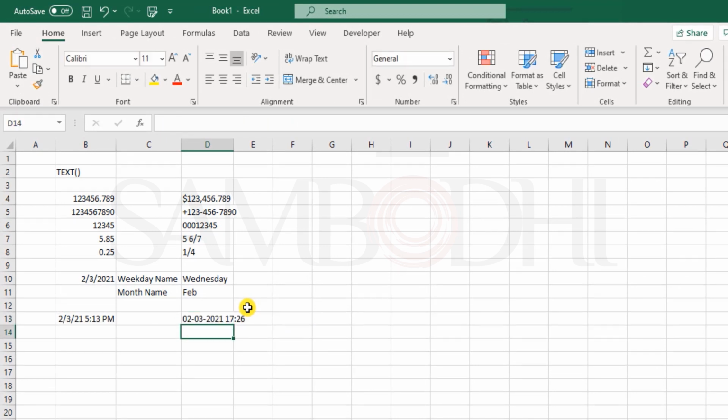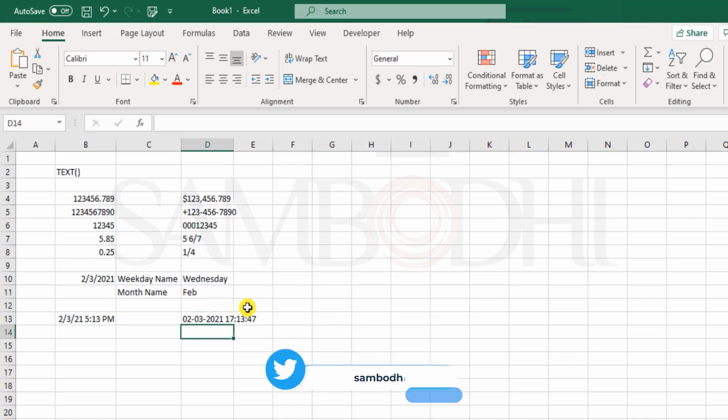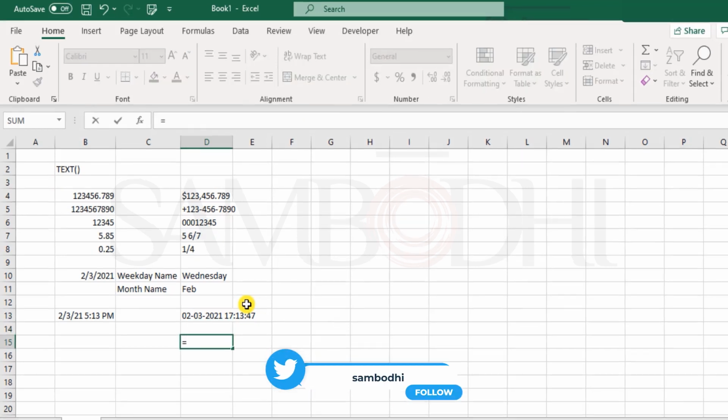But now what in case I'm not happy with this timing over here, there is something wrong. Let's just try to fix this. Here it is hours and seconds and not minutes. So instead of s, I'm supposed to put mm and then : ss. Yep. What if I only want the time? So I can just say text